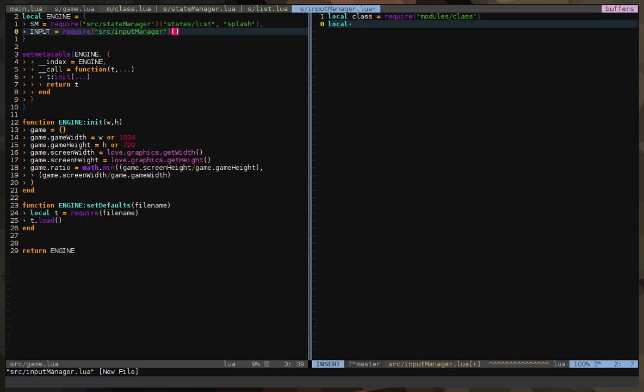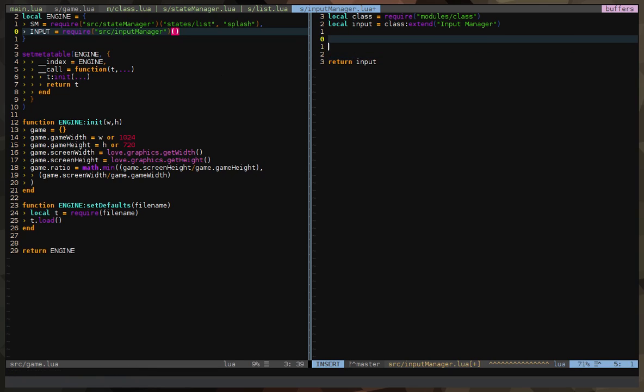So let's just call this input is equals to class extend, and then the name will be input manager. Oh no, I missed that. Okay, and then return that input.